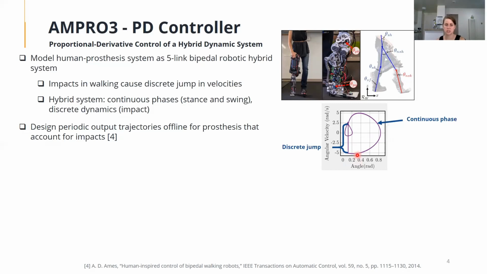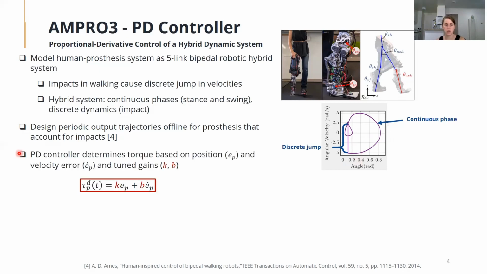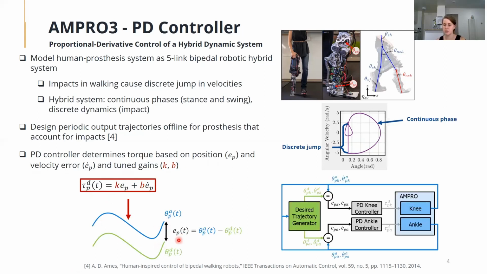After designing these trajectories, we develop a PD controller to determine the torque based on the positional and velocity error, as well as just a couple tune gains. This control law aims to reduce the error between the actual trajectory and the desired trajectory so that this error goes to 0. You can see in this flow diagram that the prosthesis knee and ankle joint positions are measured,